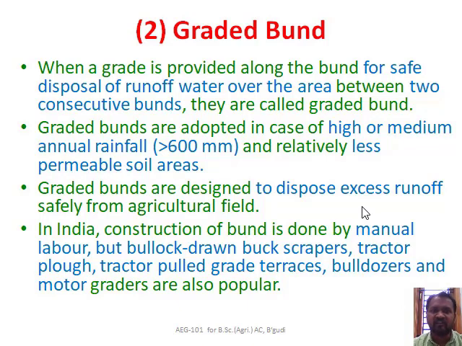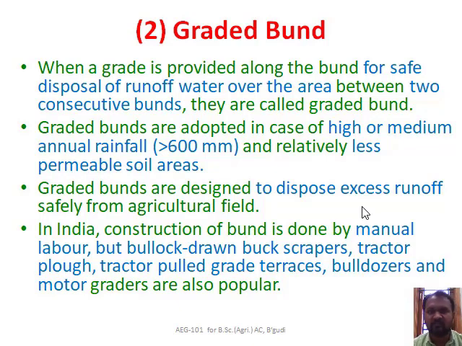Graded bunds are designed to dispose of excess runoff safely from agricultural land. In India, bund construction is done by manual labor, using bullock drawn buck scrapers, tractor plows, tractor pulled grade terraces,